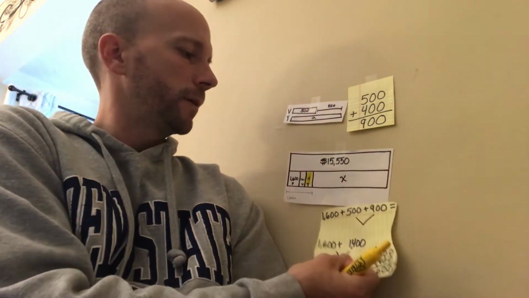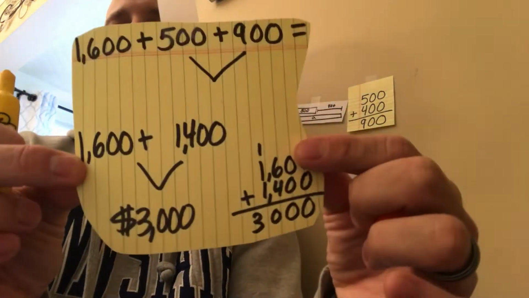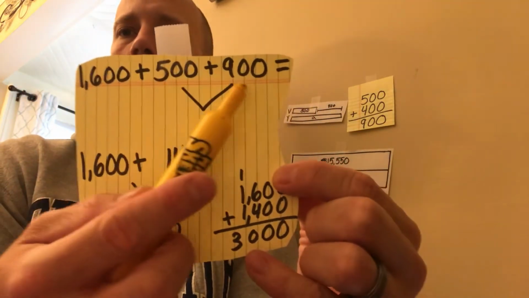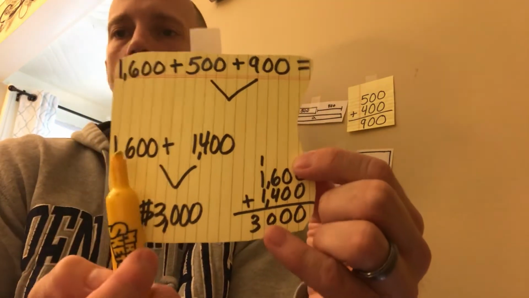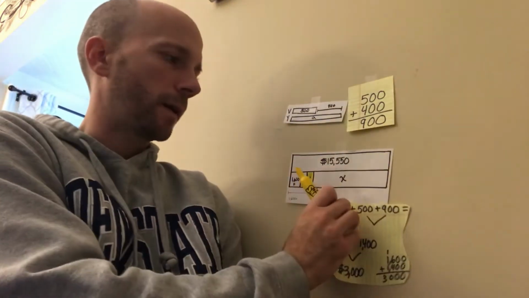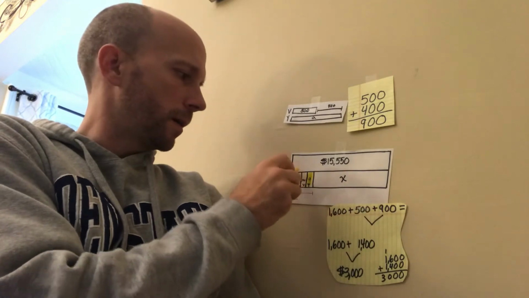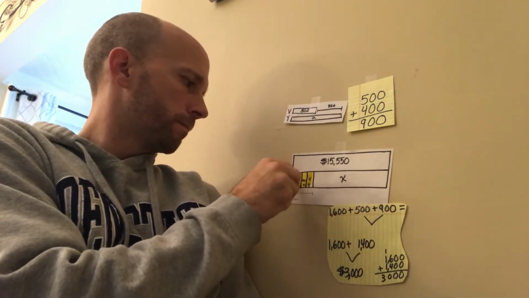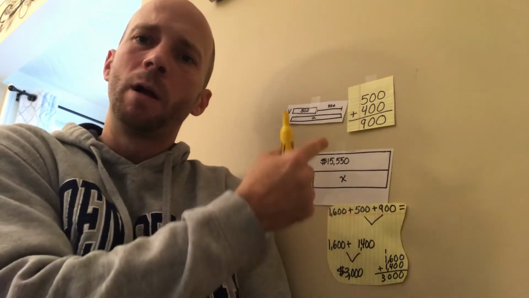I have, whoops, let me show you that first. The three of us have $3,000. So this is your friend, this is me, this is you. Friend has a lot more. And then add them together, giving me 3,000. Okay, so what does that mean? That means all of this right here in yellow is 3,000. And that, boys and girls, looks right now like a basic tape diagram.